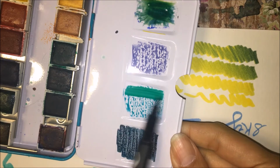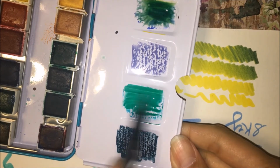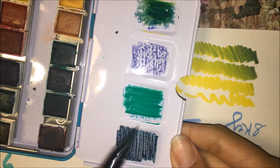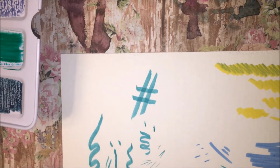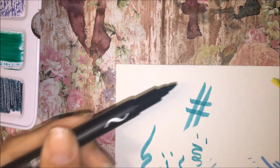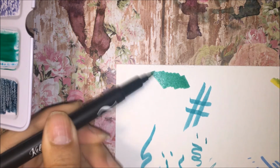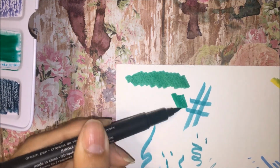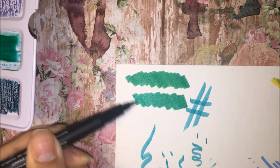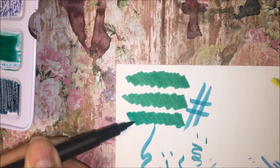Took more of the spring green color and ran it over the turquoise color to get a blue-green effect. Now that hashtag looking shape right there is the actual turquoise color. So as you can see, you're getting a combination of the more traditional bright kind of spring green